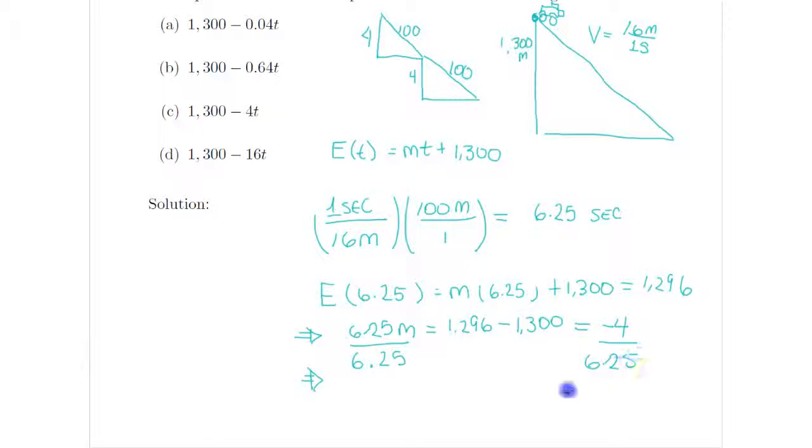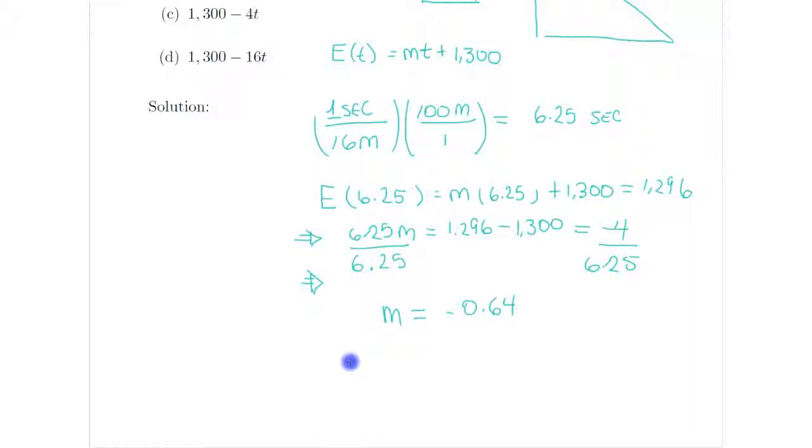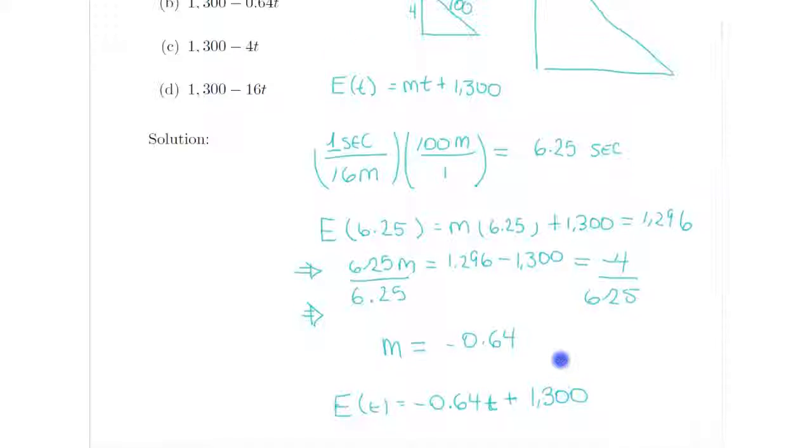So my m, or my slope, is equal to -0.64. Therefore, my equation becomes E of t equals -0.64t plus 1300, which is